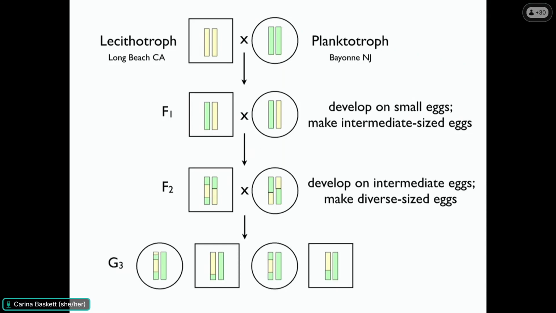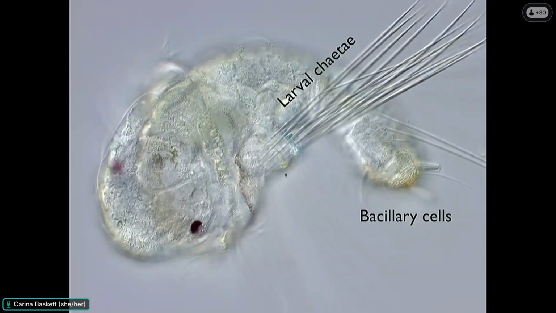We've got these animals that have grown up on different-sized eggs, and they have their own unique genomes as well. And so now we can ask, how do the different zygotic larval anatomy traits segregate in this context? So I'm going to focus on these larval chaetae, which I've shown you are defensive structures, and they vary in nature between a whole bunch of them that are very long in the planktotrophs and 0 of them